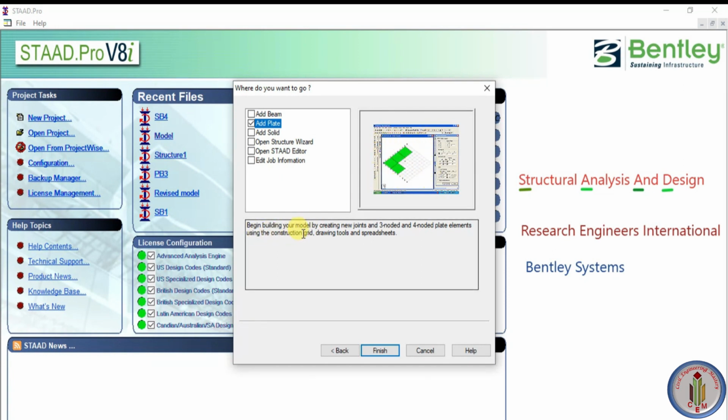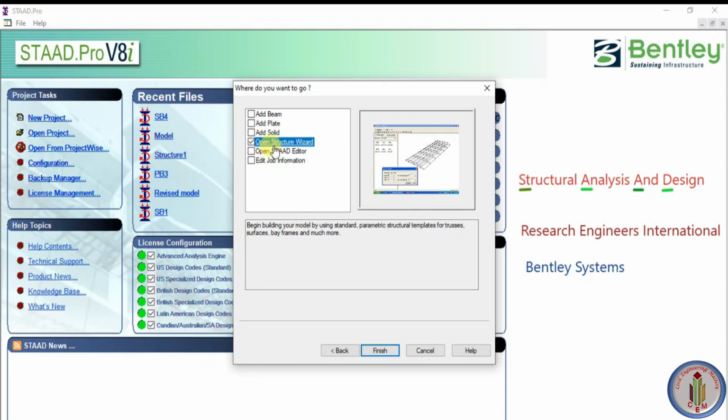Begin building your model by creating new joints and 3 noded and 4 noded plate elements using the construction grid. So add plate means by using plate element we are making a model. And next, solid. So this is an 8 noded solid block or brick element using construction grid.